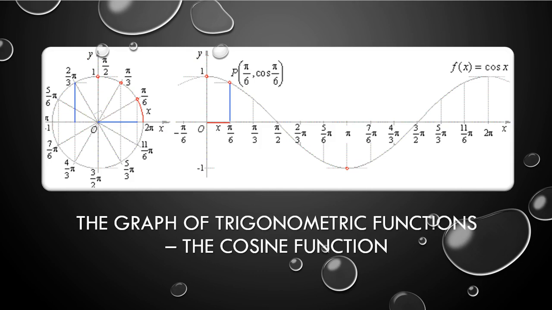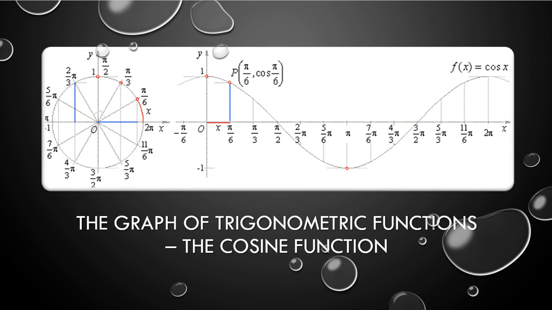I will be discussing the graph of the cosine function. As you can see in the figure, you can see the unit circle there and also the Cartesian graph of the cosine function. As you can see here in the unit circle, when our x is 0 or the angle is 0, then